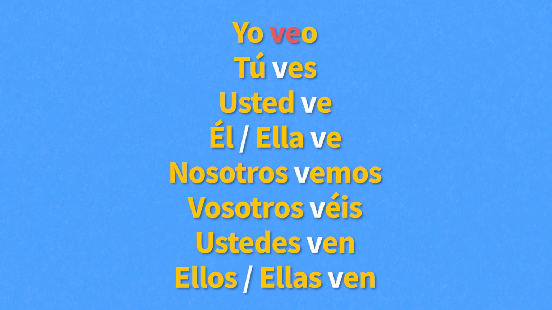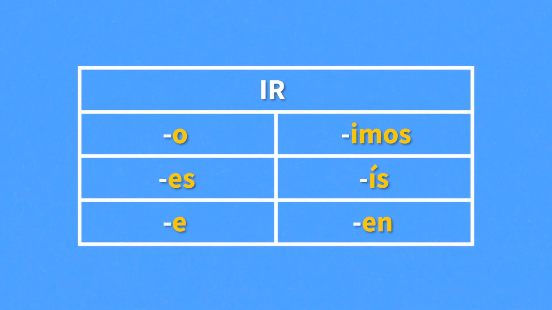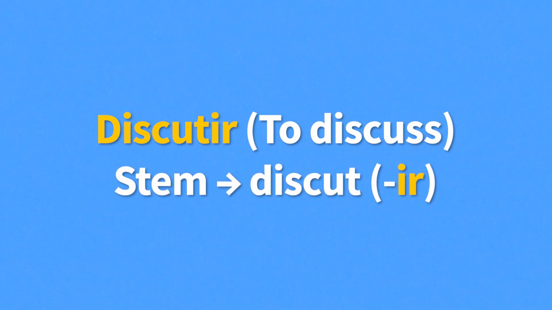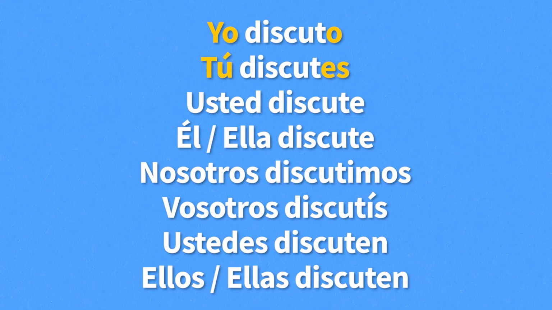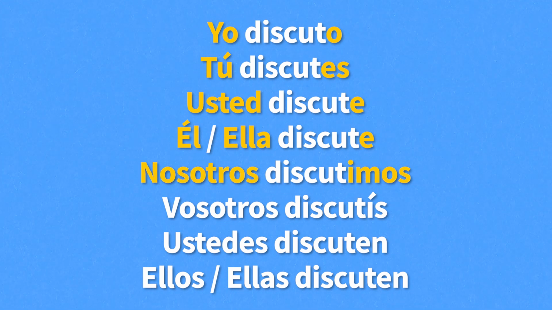ellas ven. Moving on to IR verbs, this is the table to conjugate any IR regular verb. Let's start with the verb discutir or to discuss. Remember, you take off the IR and add the appropriate endings to the stem. So, discutir would be yo discuto, tú discutes, usted discute, él, ella discute, nosotros discutimos, vosotros discutís, ustedes discuten, ellos,